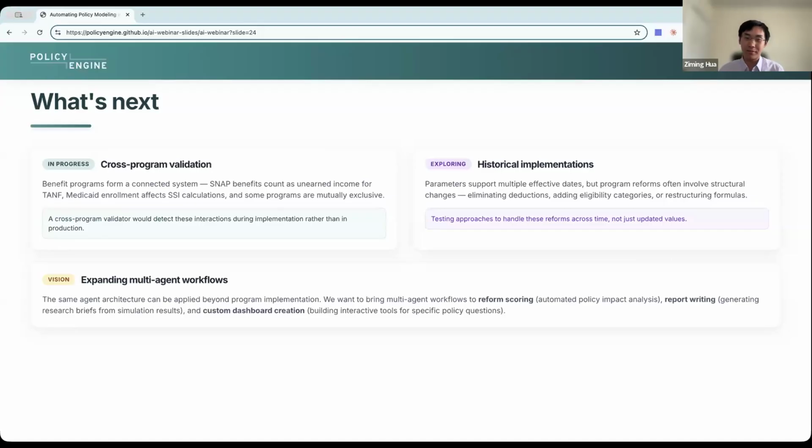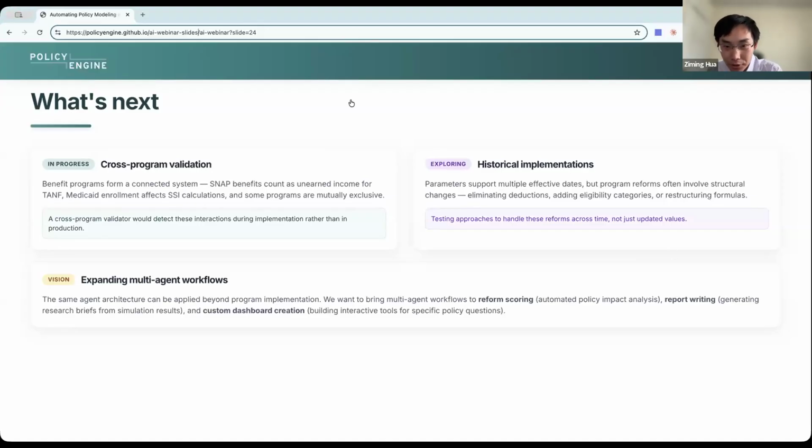Yeah, sure. It's the way we wrote variables. Let's say a TANF program income test. Depending on whether you are a new applicant or existing recipient, you might have two or three income tests, with income deduction or without. And many times in the current workflow, it will put all income tests into one variable file. But I would like to split them up so it's easier for our future analysis purposes. But in terms of the logic, it's correct. It's just I think there's a better way to present them.